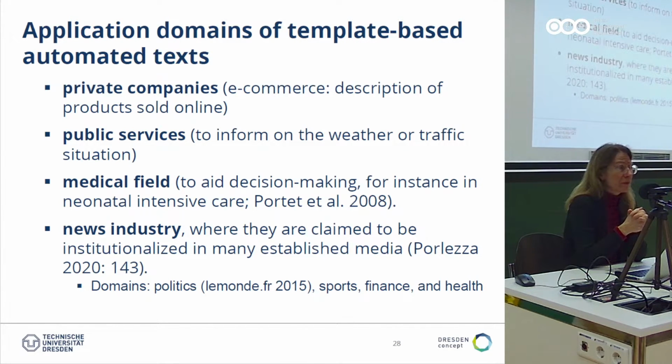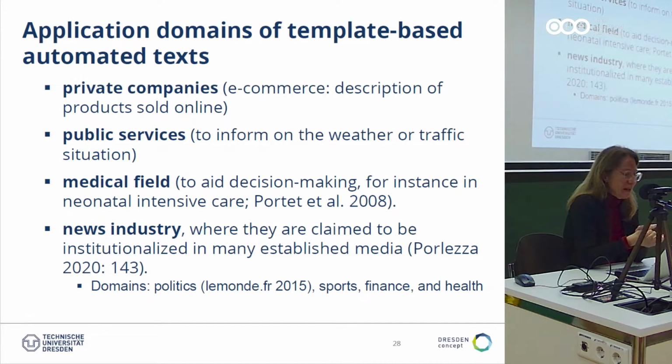This is also nowadays fairly common in the news industry, where according to Porlezza 2020, these texts are nowadays practically institutionalized in many established media. For instance, Le Monde, the very famous and very important French daily newspaper, used text automation for the first time in 2015 after regional elections to report on the results of